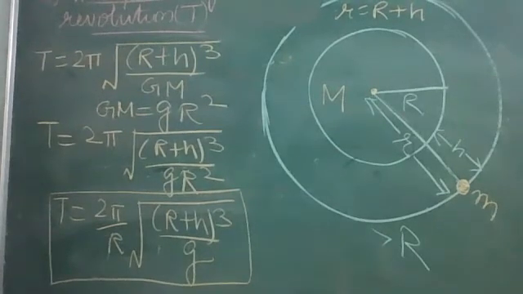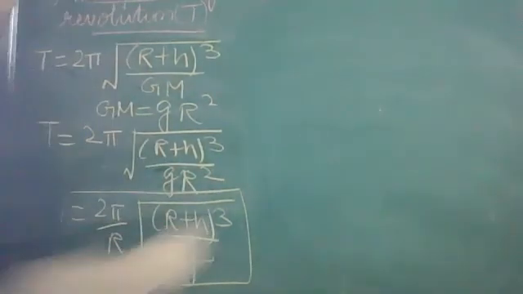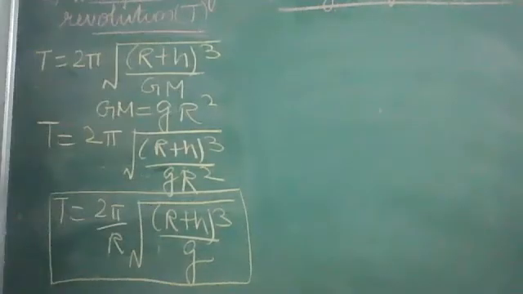Now the third part I told you already, that is height of satellite from the surface of Earth. Nothing we have to do, just from this formula obtained for t, we have to find h. We have to take h out. That will be the expression. So the third heading is height of satellite from the surface of Earth. Height of satellite h. This height is from the surface of Earth.